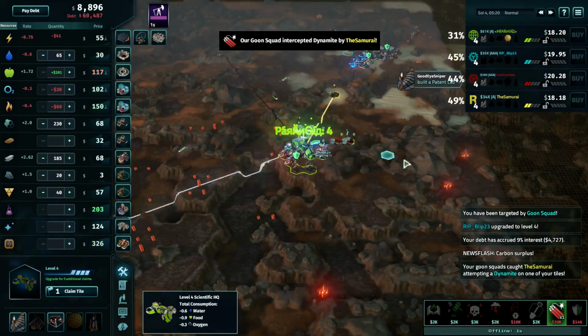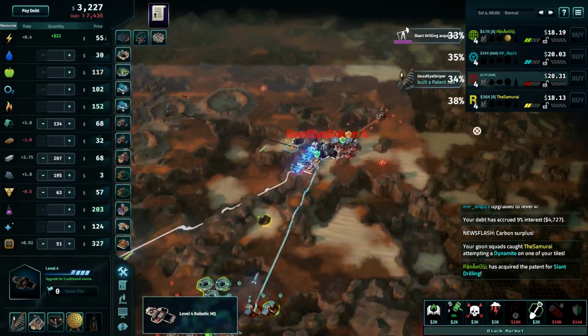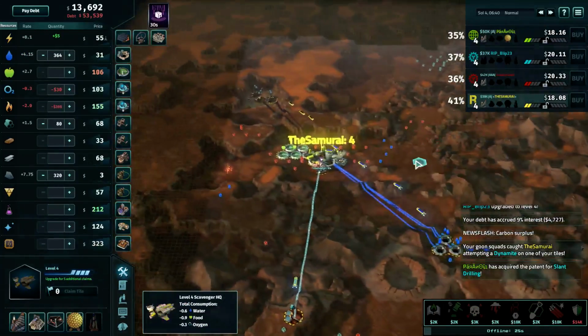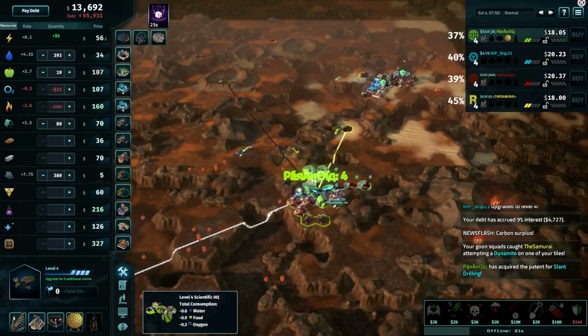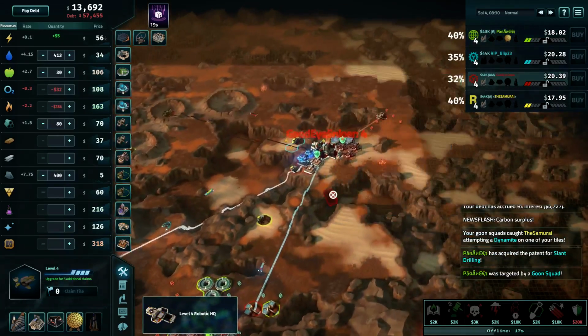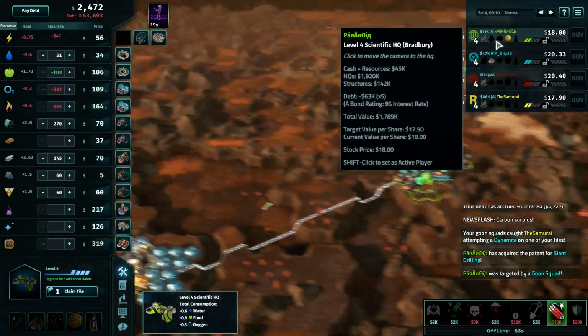There's another attempt at a dynamite, but this one is gooned, so good work from Paranoia getting the goon down. Cost him a little bit of money, but he did get the dynamite back. It's unfortunate that Paranoia is keeping the dynamite instead of throwing it back at Samurai, because Samurai doesn't have his goon, so...